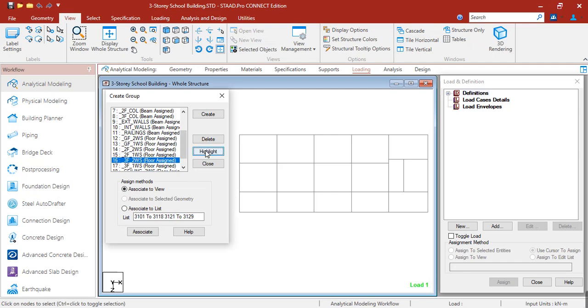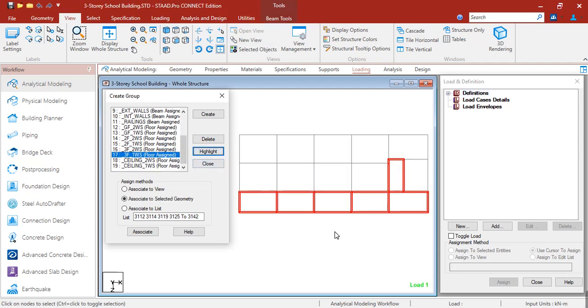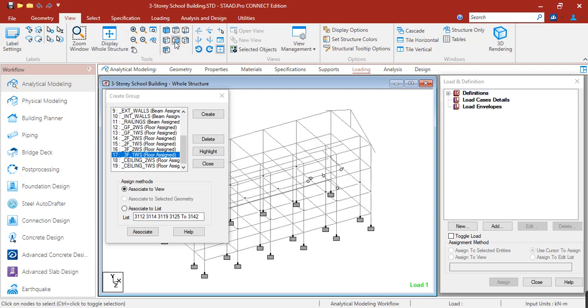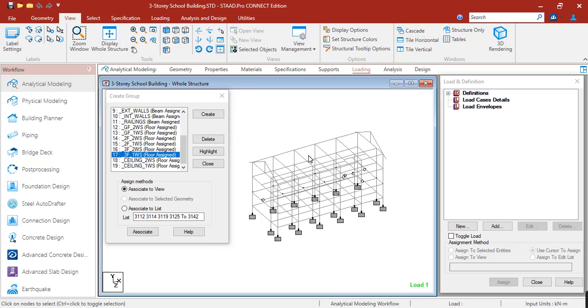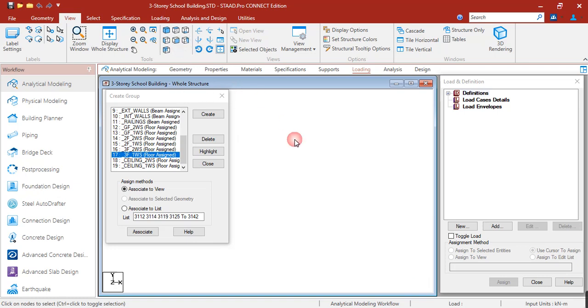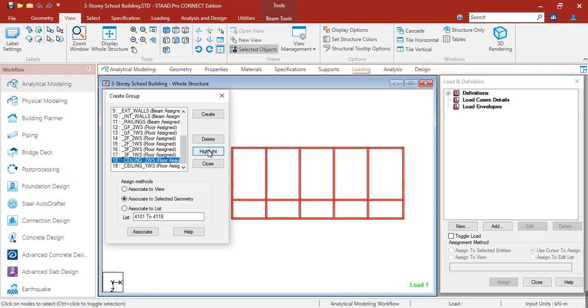Then if we highlight two-way slab, then one-way slab. And also we can select or create a group for the ceiling. So two-way slab and one-way slab.